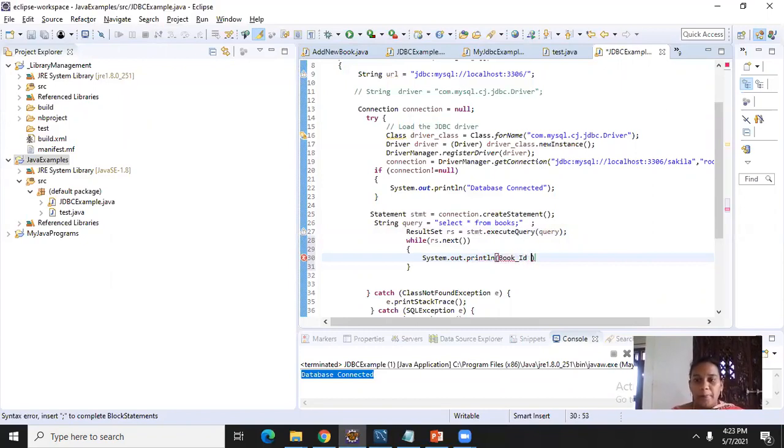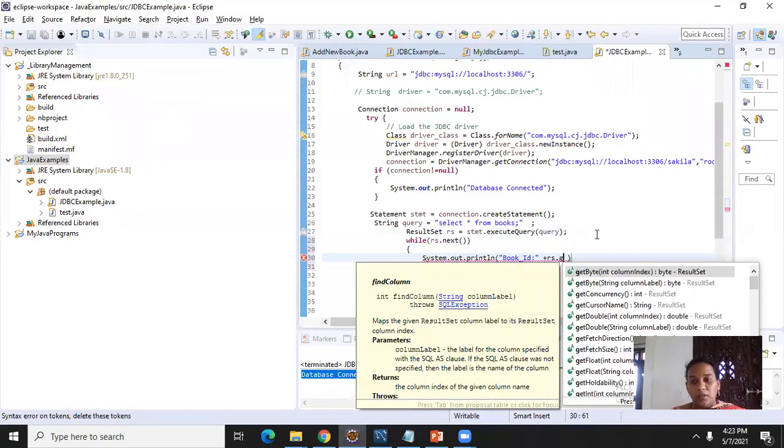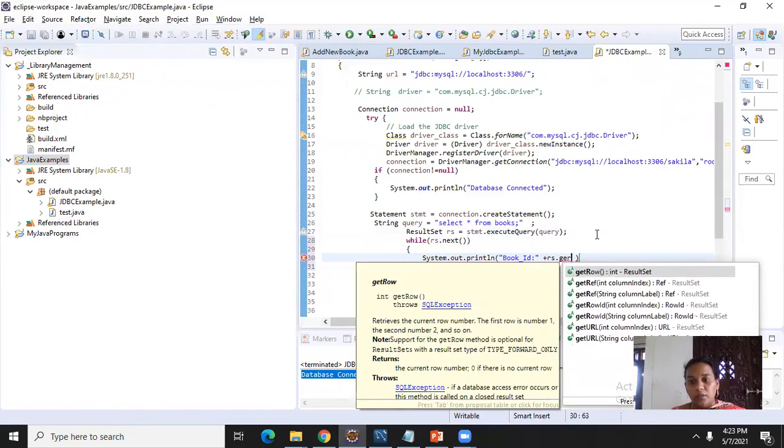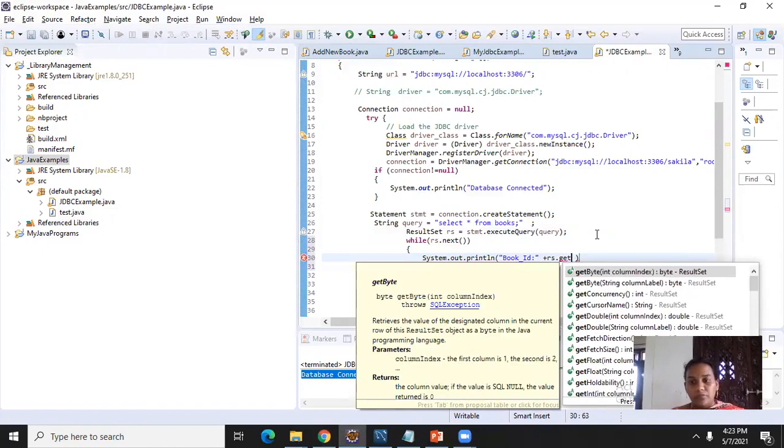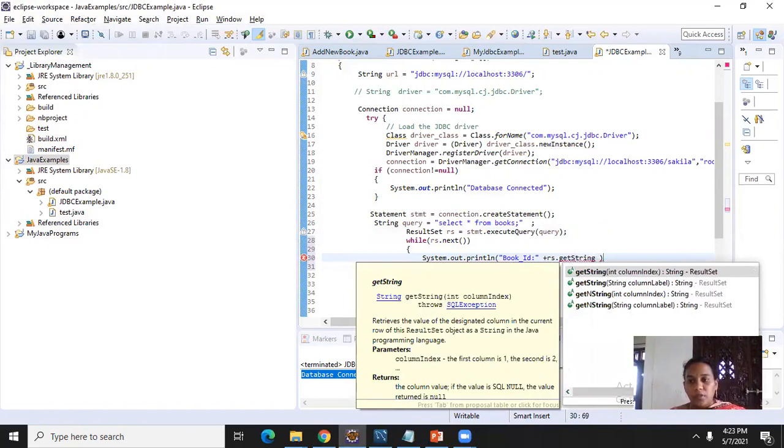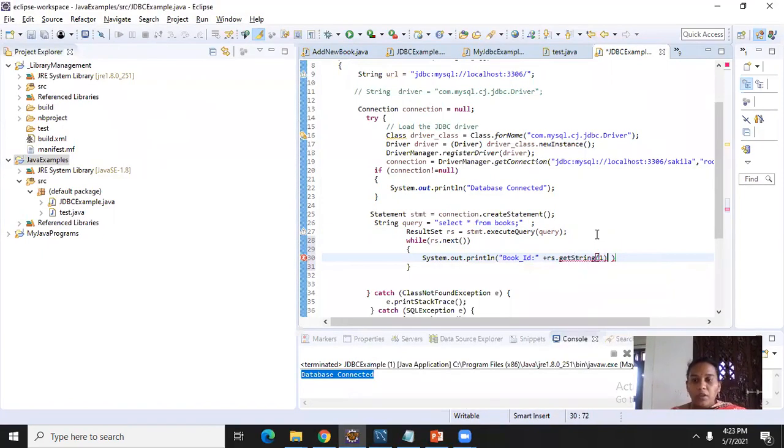ID. So the first column is book ID, so I am writing book ID plus rs dot get string. In that result set, the first column is book ID.